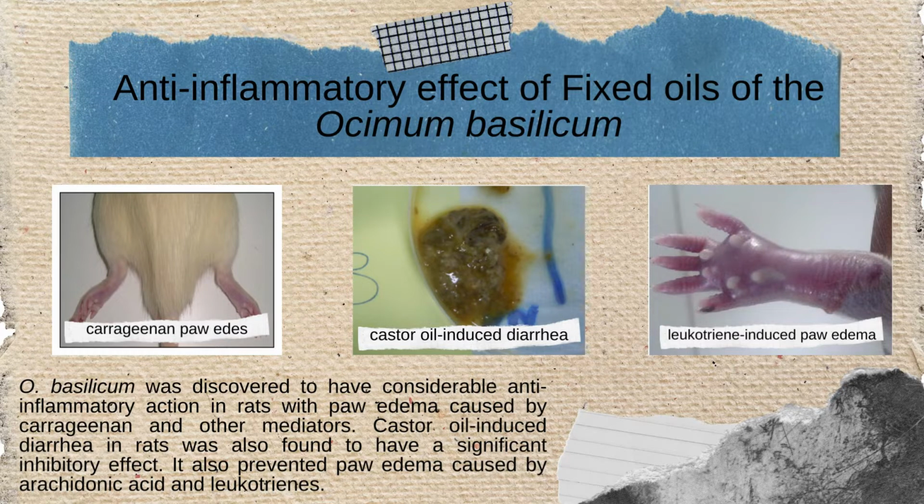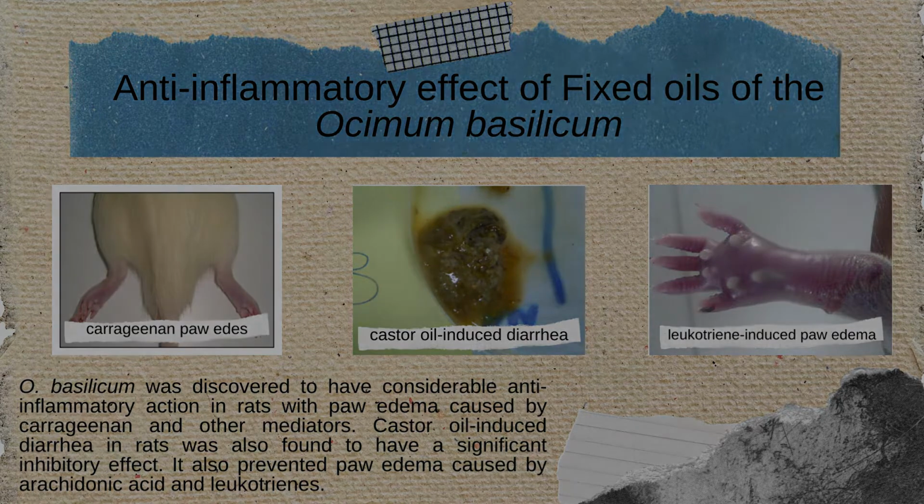The result of the anti-inflammatory activity of Ocimum basilicum supports the dual inhibition of the arachidonate metabolism as indicated by its activity in inflammatory models that are insensitive to the selective cyclooxygenase inhibitors. On the basis of these findings, it is possible to conclude that Ocimum basilicum may be a useful anti-inflammatory agent which blocks the cyclooxygenase and the lipoxygenase pathway of the arachidonic acid metabolism.